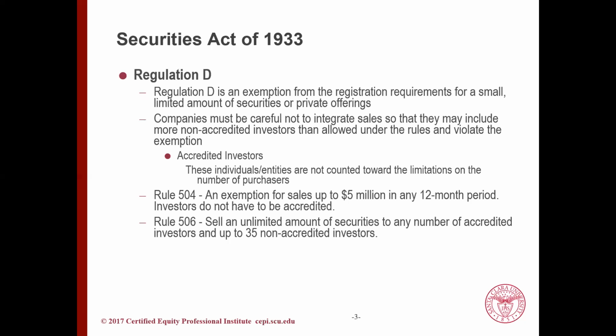Thank you, Pam. First, let's talk about an exemption from the regulation that comes into play in Level 3. I don't know if you're familiar with this, but Regulation D is an exemption that can cover the private offering and small, limited sales of securities. There are 2 exemptions, both of which require filing a relatively simple form with the SEC. The first exemption under Reg D is Rule 504, which exempts an offering of up to $5 million of stock in any 12-month period. The second, Rule 506, allows the sale of an unlimited amount of securities to accredited investors, and also sales of up to 35 non-accredited investors.